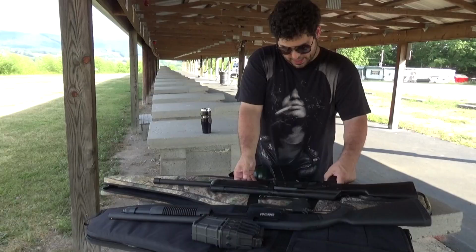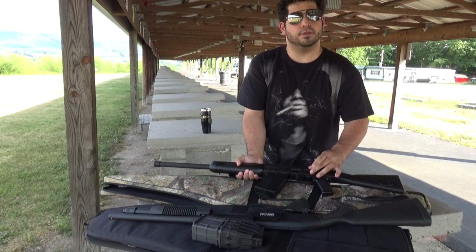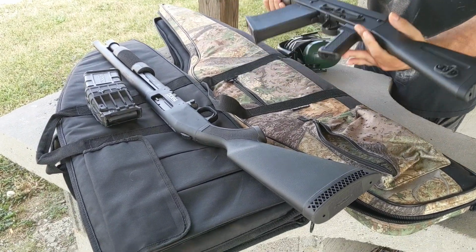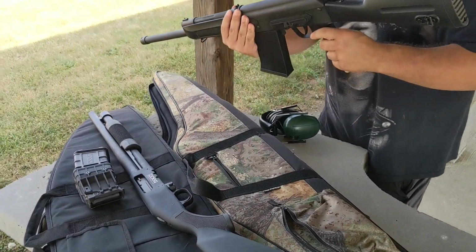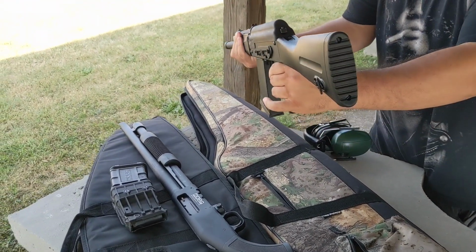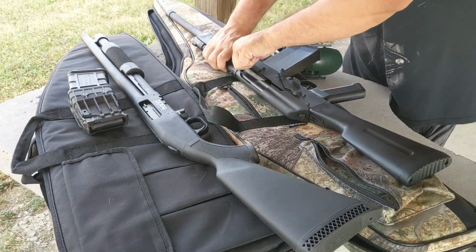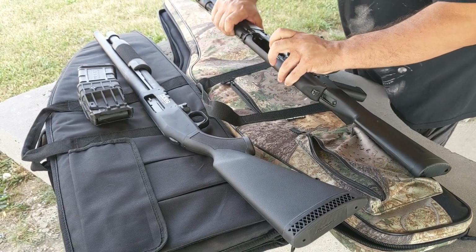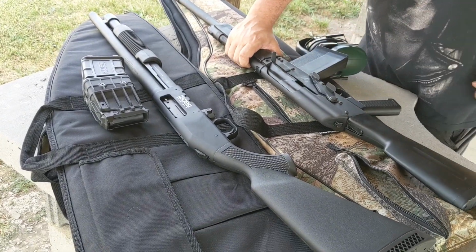So, what else do we have here? We have a Bulgarian style mount for pretty much anything you want to mount on the gun. Probably going to be a red dot for most people. Otherwise, it features pretty sparse sights, but they're actually not too bad. It's a V-notch with a standard bead in the front. So really, not too bad. And then you have basically an oversized but standard AK charging handle. And as you probably can't see in there, from my angle, it's basically a really big bolt